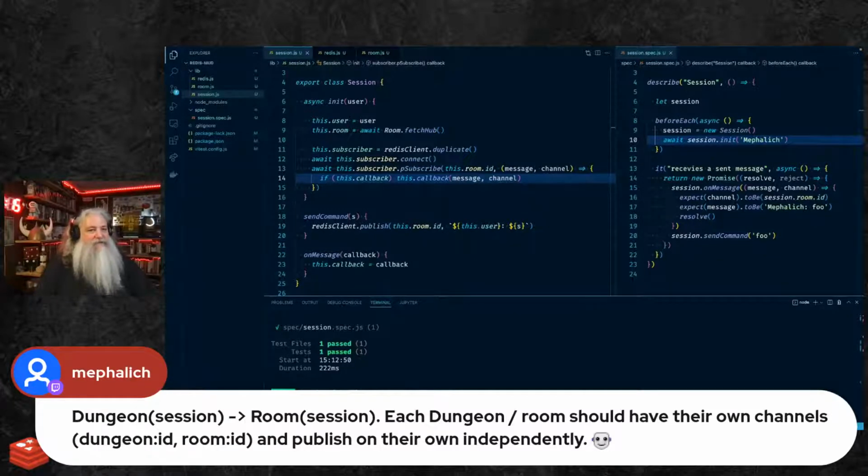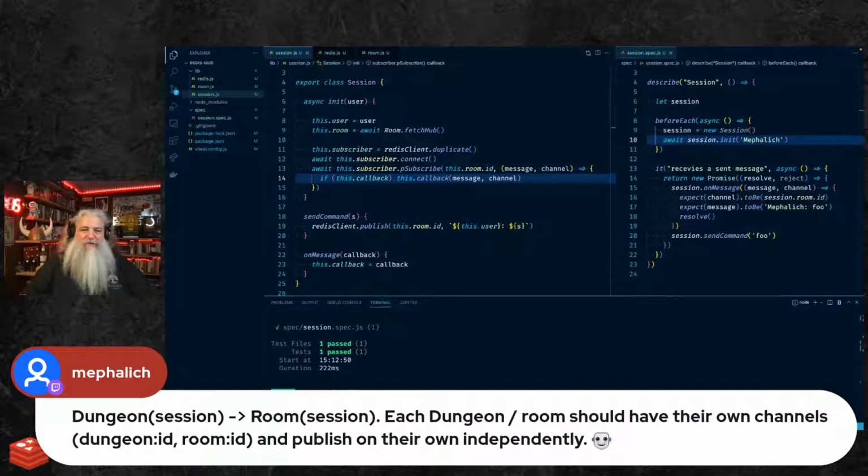That's not a bad idea. Right now, I'm sort of assuming just the dungeon is everything. But yeah, I think you're right. Maybe it's not the session, but what is it it needs exactly?